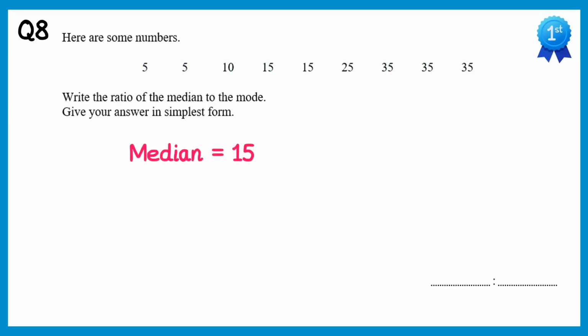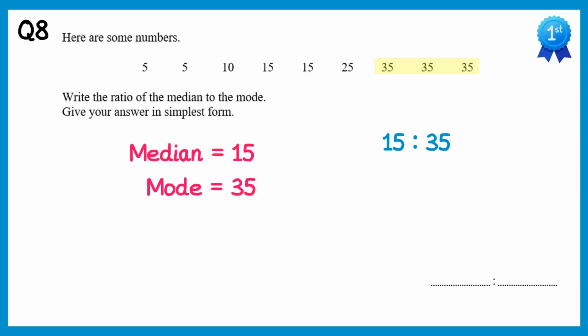Now let's look at the mode. The mode is the most frequent number, the one that's in the list the most. And if you look through the list carefully, you should spot that 35 comes up 3 times, so the mode is 35. Now we need to write this as a ratio, so it would be 15 to 35,